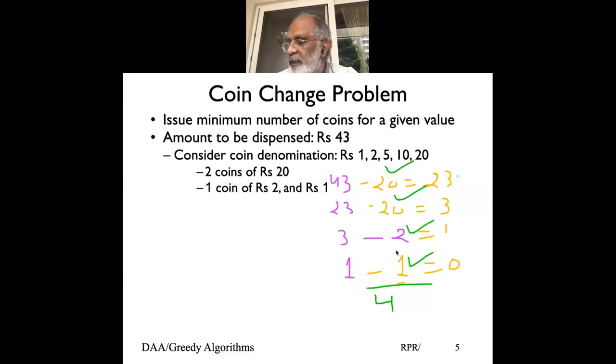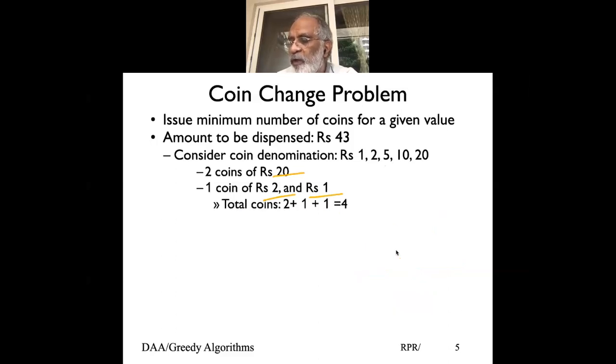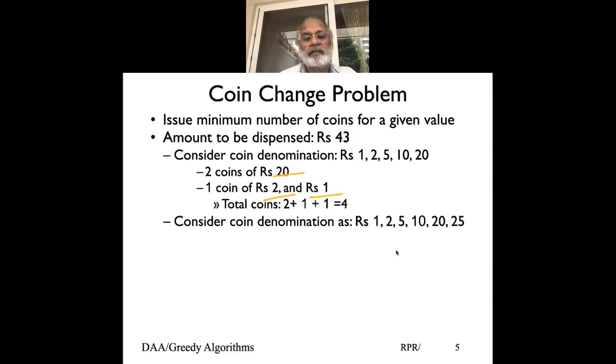And this is what we're basically saying. To give 43 rupees, 2 coins of 20 rupees, 1 coin of 2 rupees, and 1 coin of 1 rupee, and we end up giving a total of 4 coins. Is the solution optimal in this case? Yes. Now look at this, assuming the shopkeeper has the coin denominations of 1 rupee, 2 rupees, 5 rupees, 10 rupees,